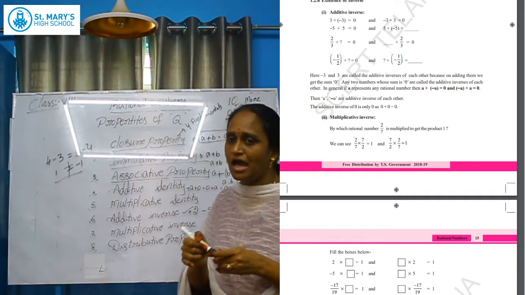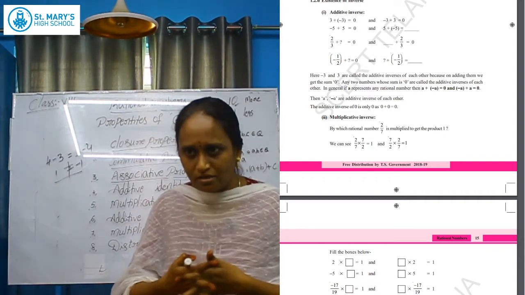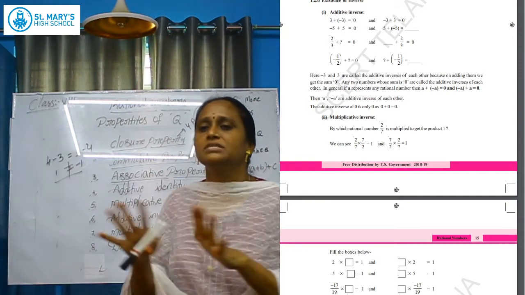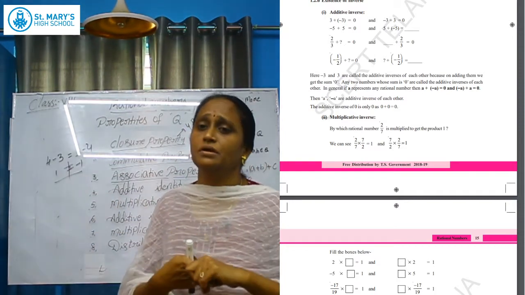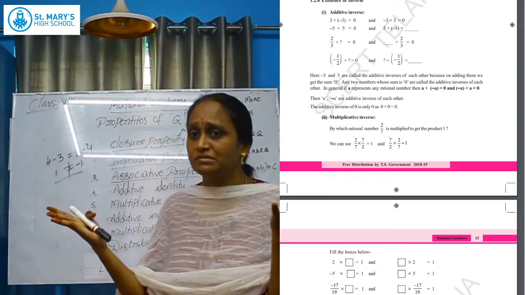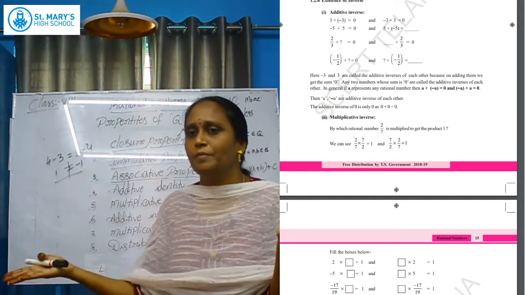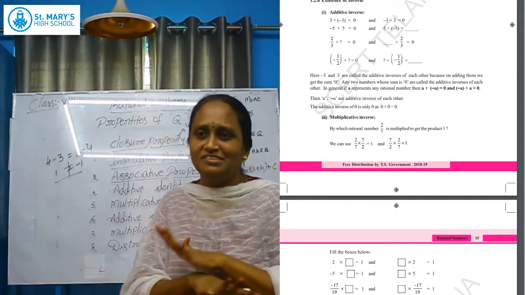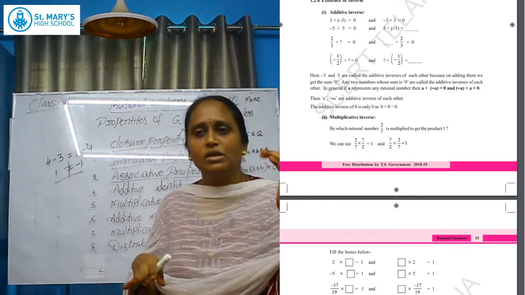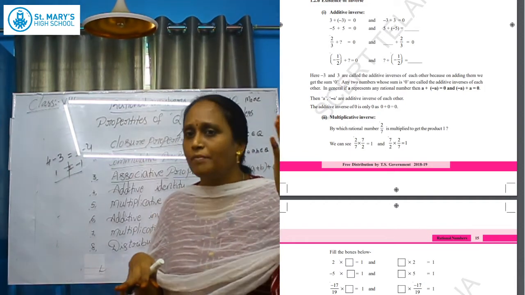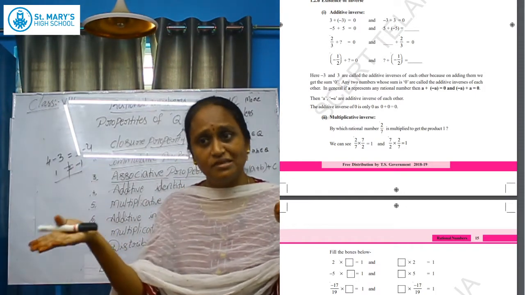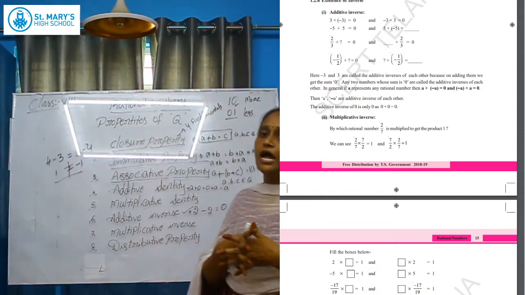So how can we easily understand additive identity? We can remember it easily: just change the symbols. Only the inverse numbers we have to take. Plus 2 minus 2, plus 3 minus 3, plus 4 by 2 minus 4 by 2 give 0, because 0 has no sign. And one more, 5 by 3. They can give it directly without a symbol. That means it is plus 5 by 3, and the inverse of plus 5 by 3 is minus 5 by 3. It is the additive inverse.